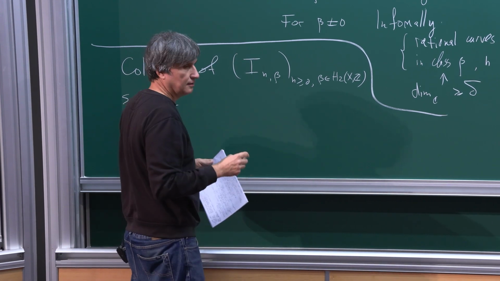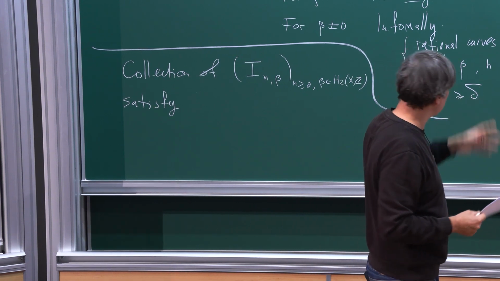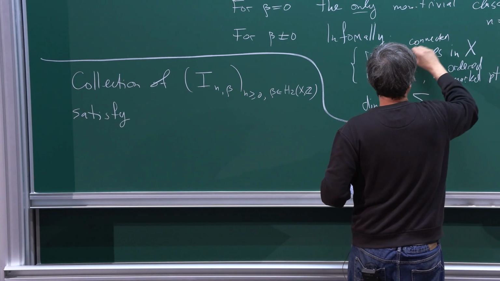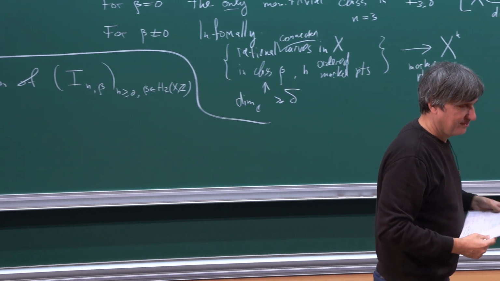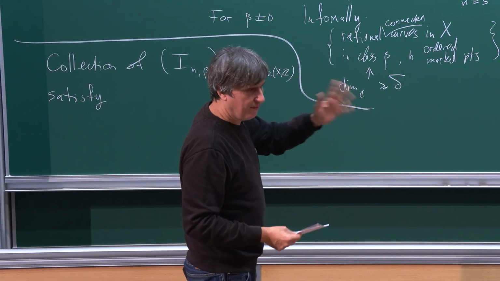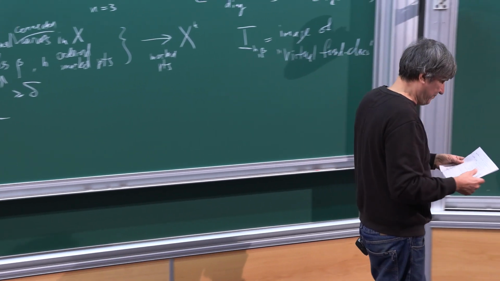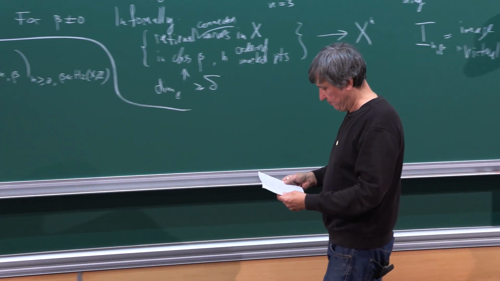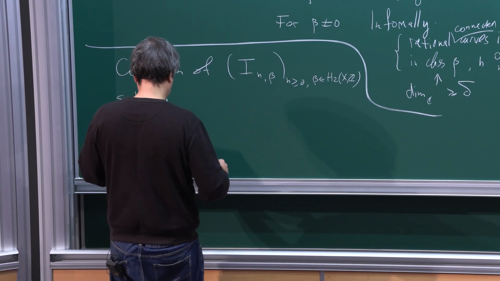So the curves are connected, but you allow this intersection, like P1, P1, P1, which then degenerate. And the marking should not be on the singular point. Details are kind of irrelevant for today's lectures, how it's exactly defined. It satisfies a bunch of axioms,